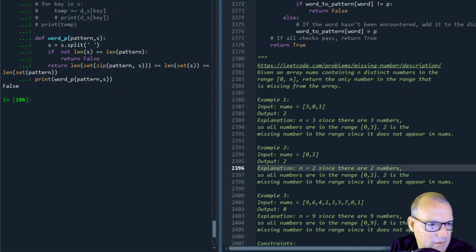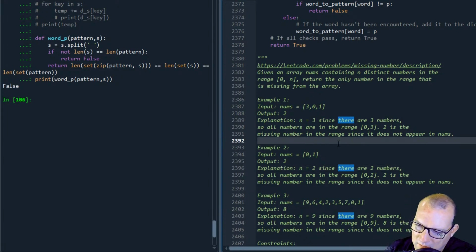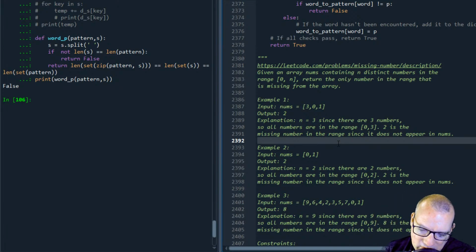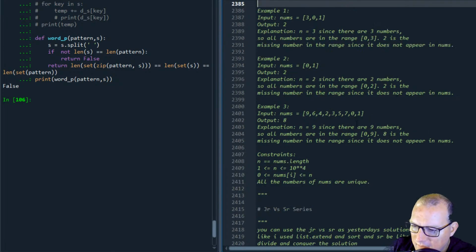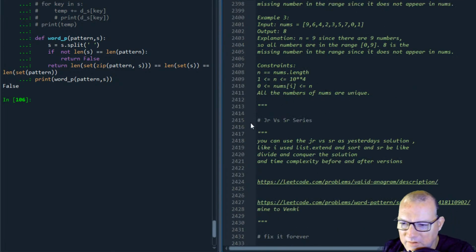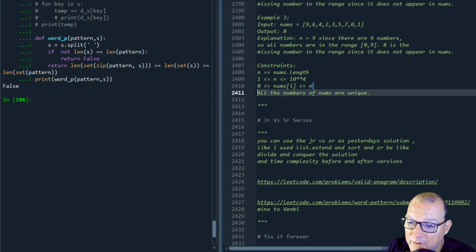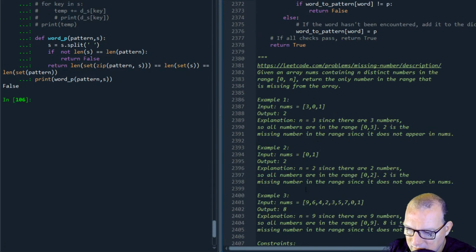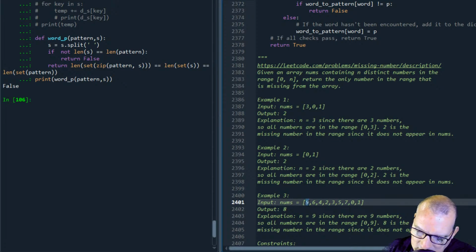So that's a little odd to me that it can be the endpoints. So if we were to do, it could be 10. It could be 0 through 10. Alright, let's go ahead and get started. Yeah, here it is. So here's the constraint. Length of n. Zero, but that would be,